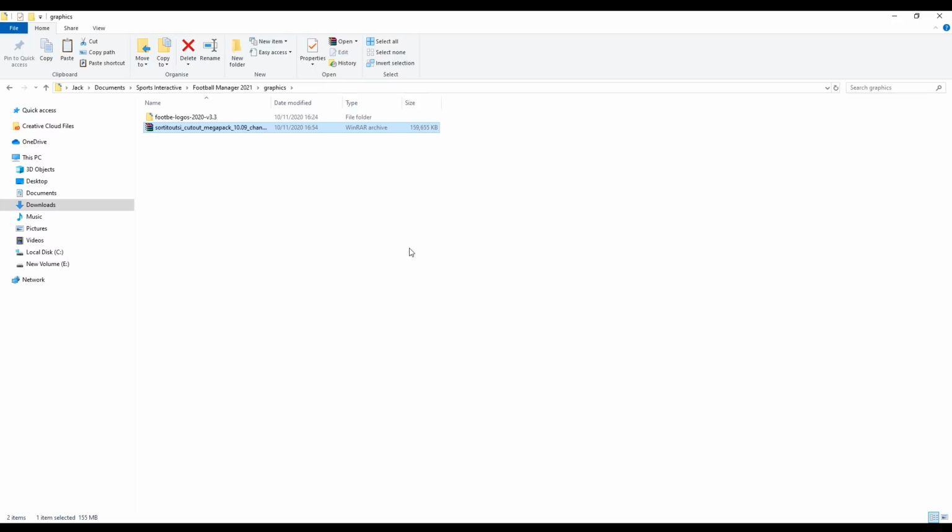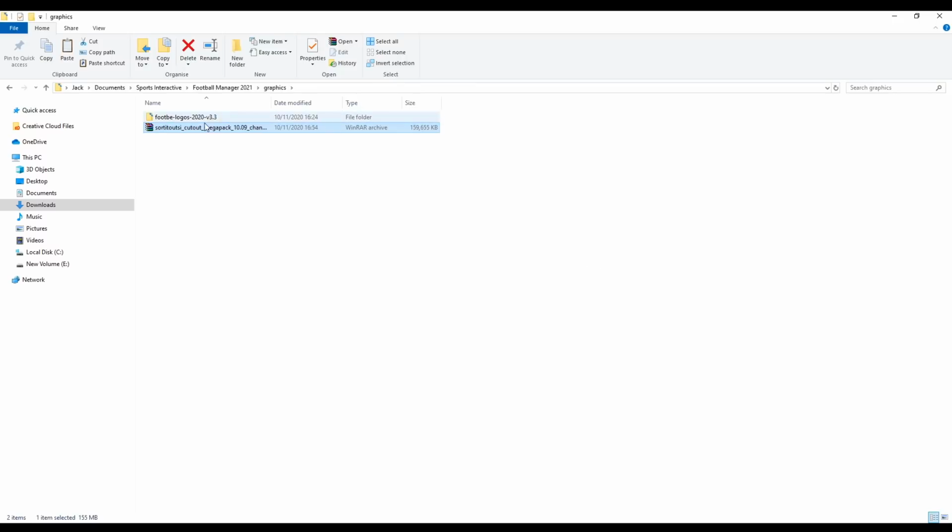which is my program of choice, shall we say. I have already done a guide on WinRAR many years ago now, so if you're unfamiliar with what it is and how it works, I'm going to link that down below. That will explain how to download and install it, and hopefully, once you've got it downloaded and installed, you'll see